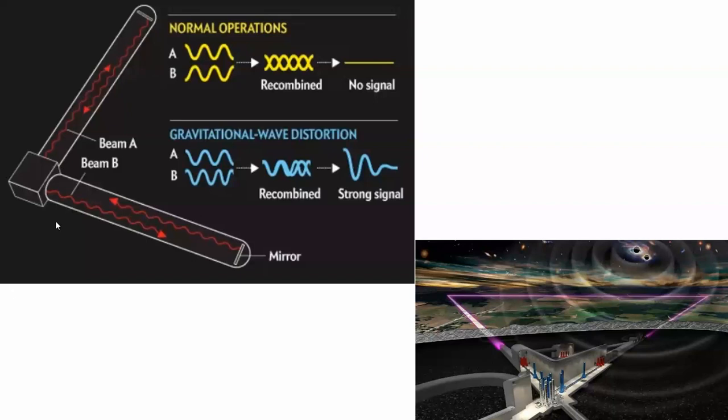As I showed, there are these two mirrors. If there are no disturbances, the light travels an equal distance of about 4 kilometers in each arm. With an interferometer you get either constructive or destructive interference depending on the intensity. If the beams recombine, you get no signal at all, since the signal gets cancelled. But when a gravitational wave passes in such a way, you get a strong signal.